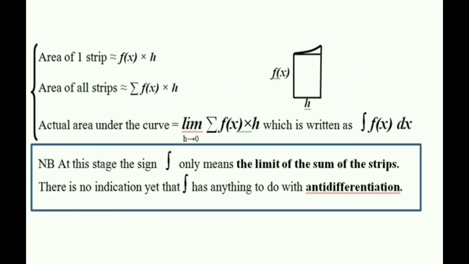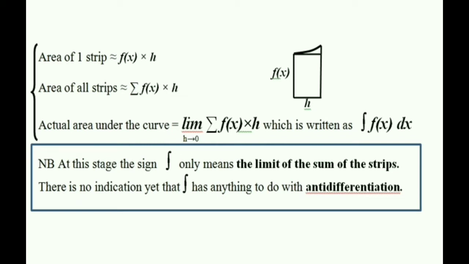Let's say we have a continuous function f of x. Now we will take a strip of width h and let the height of the strip be f of x, and we can assume that it is a rectangle and approximate its area. So the area of that strip becomes f of x into h. Now we know that if h tends to 0, the area of this rectangle will be equal to the area of this curve.